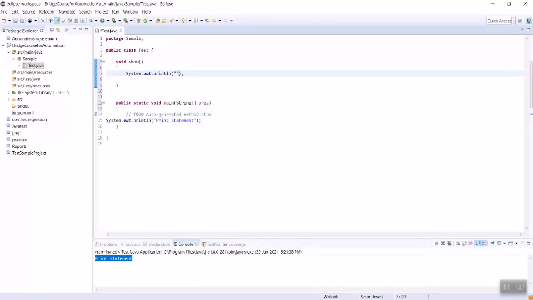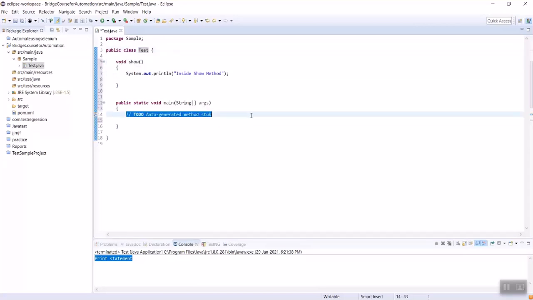Inside the method we have added the print statements, line number 6 to 9. It's a method block, one open brace and another one is close brace. In between, whatever statements you require, you can add. When we call this method, the block at line number 6 to 9 will be executed.